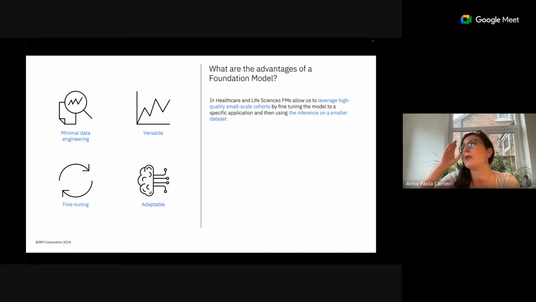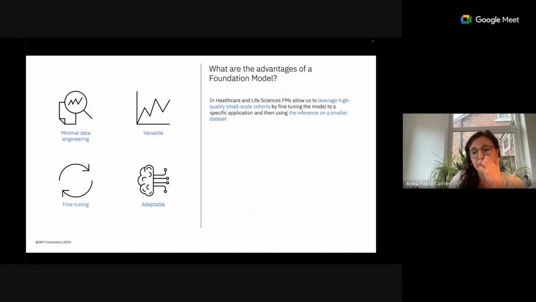think about one of the projects we've been working on recently: transcriptomic data of epilepsy patients taken from the brain. I mean, how many patients' data can you have? We are talking about a very small cohort because these data are difficult and expensive to collect. So the clients, the pharma company or the hospital that we work with, might have a very small, high quality cohort of omics data.